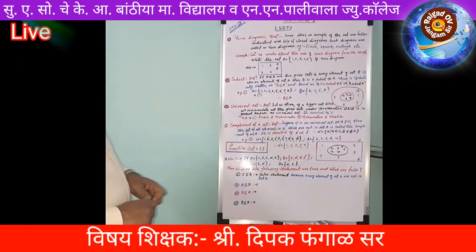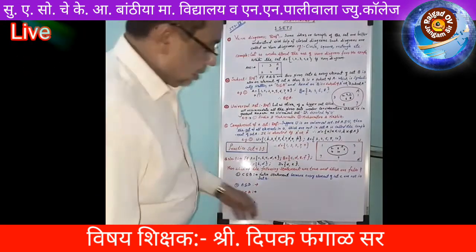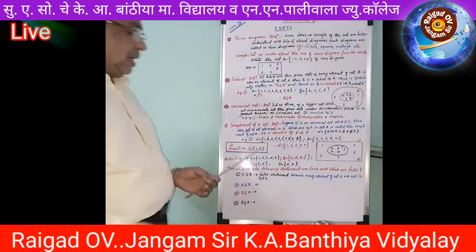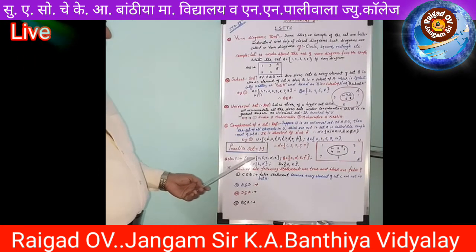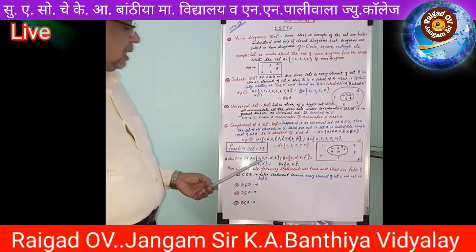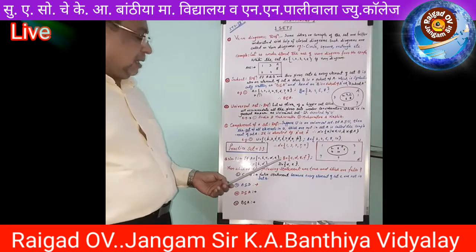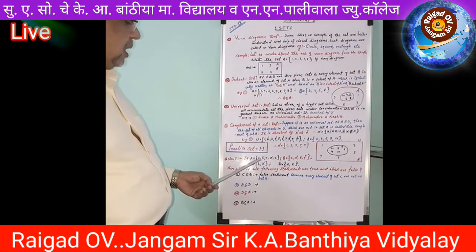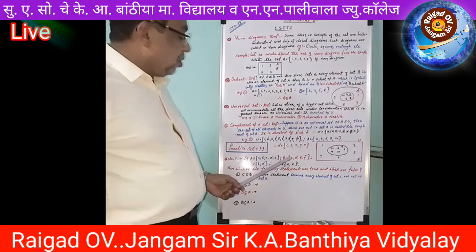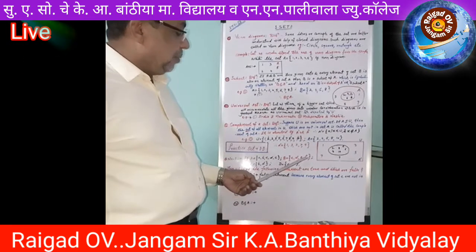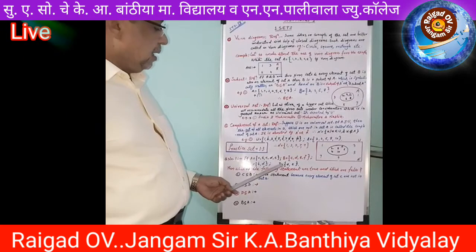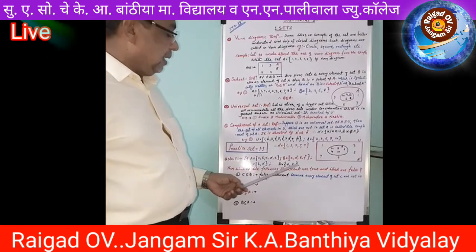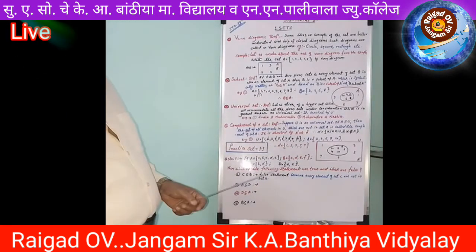Now the last point is practice set 1.3. You take example number 1. If set A equals curly bracket A, B, C, D, E, these are the elements of set A. Elements of set B are C, D, E, F. Elements of set C are B and D, and elements of set D are A and E. These are the 4 given sets.